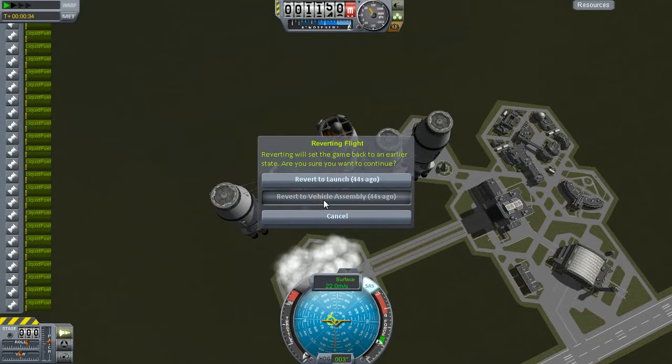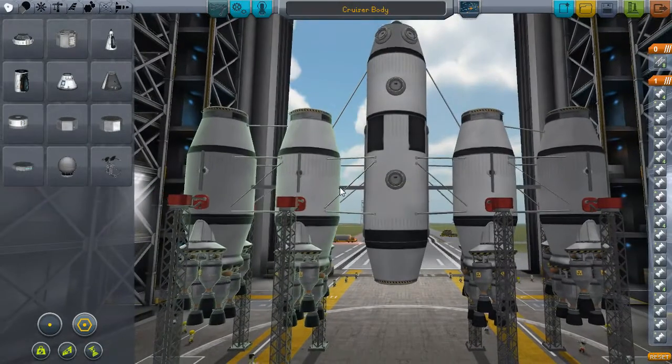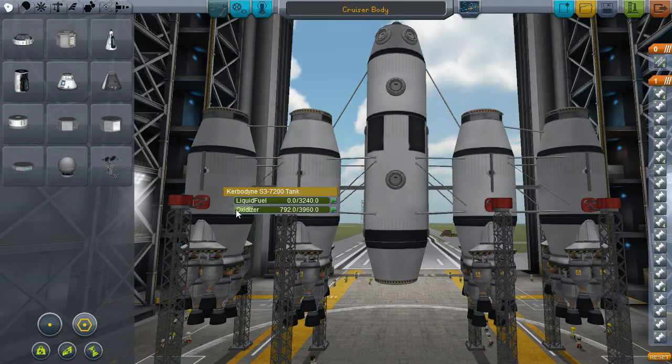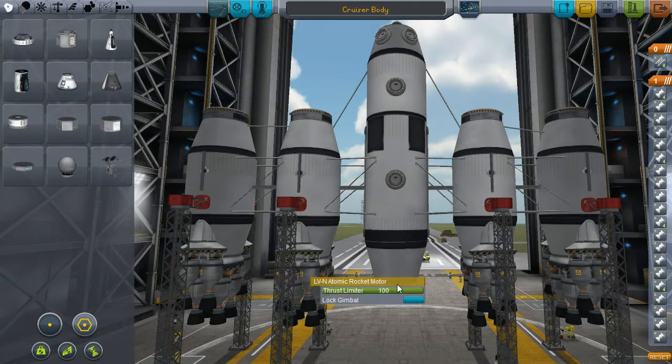Alright, vehicle assembly. I wonder how difficult it would be just to have this thing launch itself. Very difficult, but that's beside the point. Alright, so we're gonna take all the fuel back out of these. We're gonna put limiters on these outer engines so they don't overheat. So limit them to 70%. Oh, this is gonna be a lot of engines to limit. Wish you could just blanket them all. Well, actually, I don't want to get all of them, so...